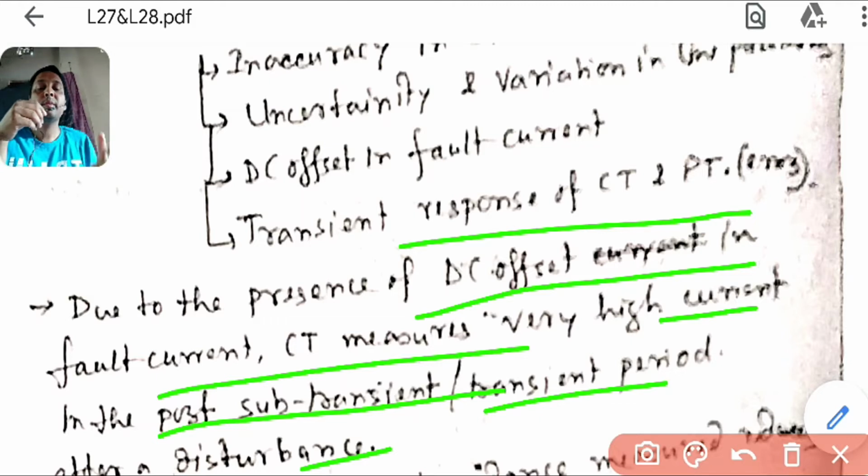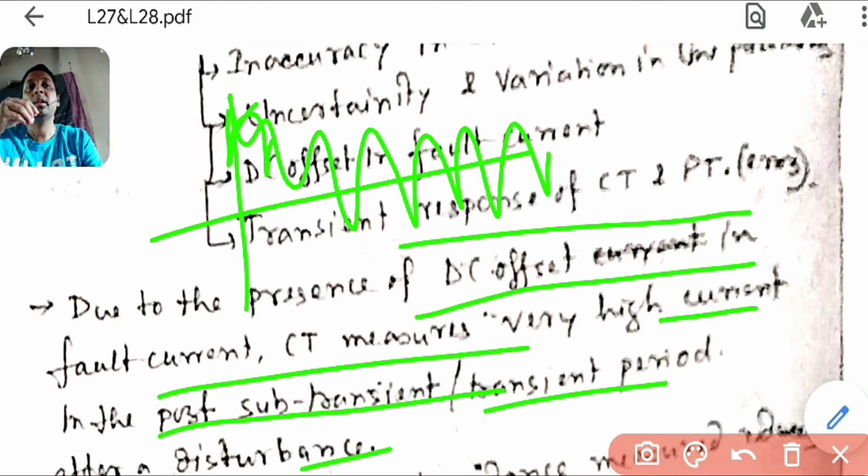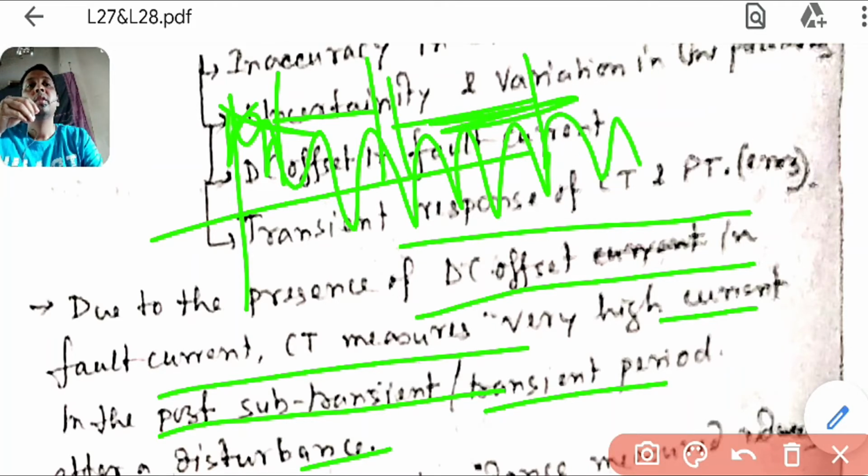So once a disturbance occurs, in the drawing I have done, this is your sub-transient period from where it starts. It starts from a very high initial value. So this is sub-transient, then some portion is transient, then this is your final steady state fault current. Your ultimate fault current is this one. Whatever calculations we are doing with IF is this one. So initially this IF is very high.